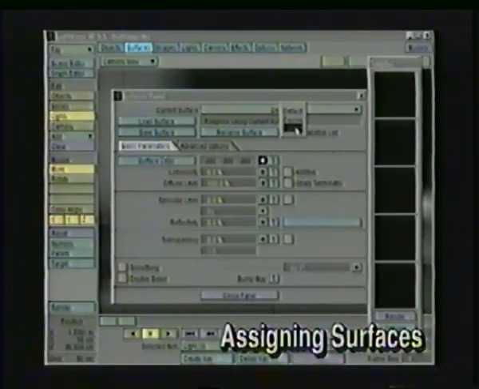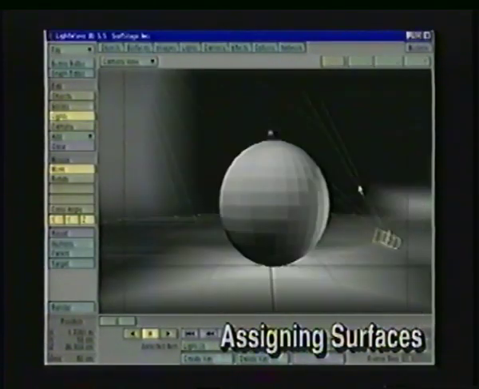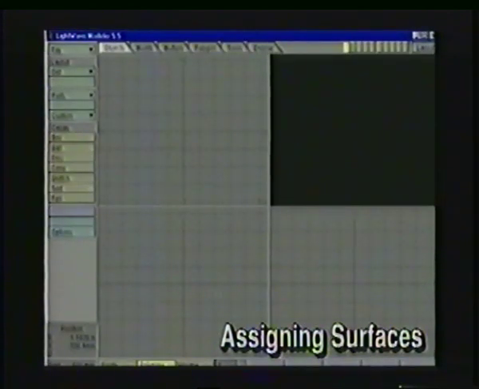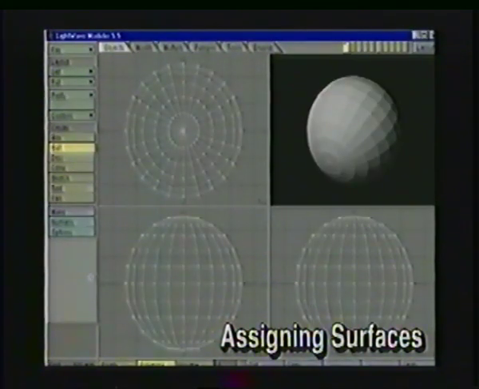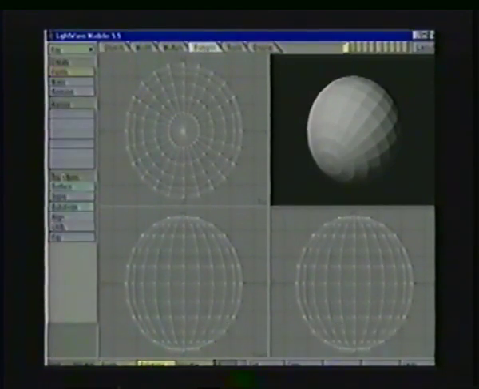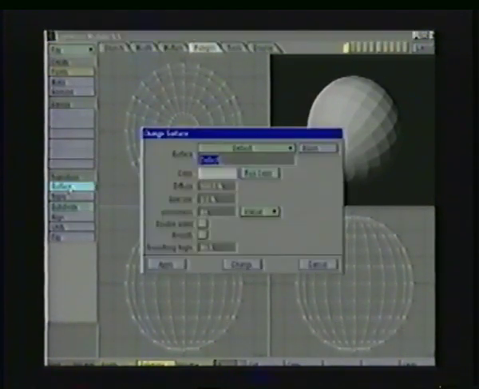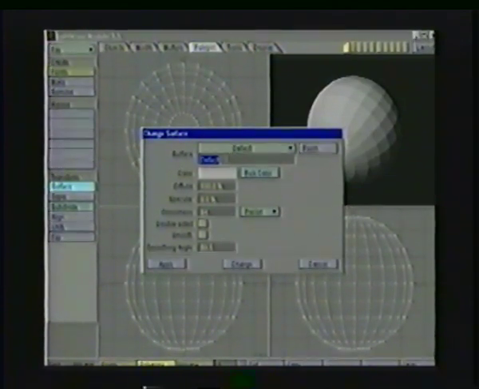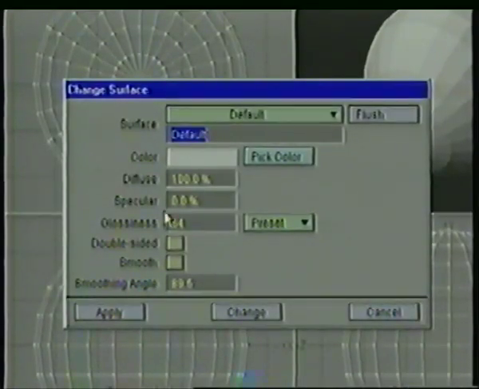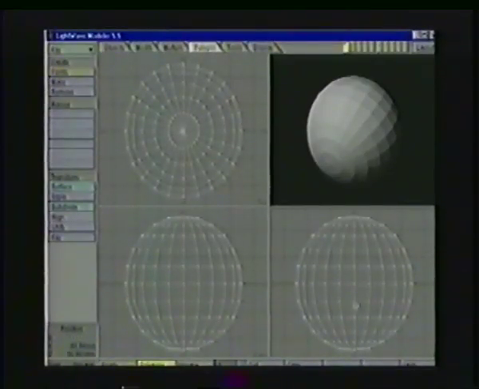Now you may be wondering, how did these surface names come to be? Well, that happens in the modeler. In the modeler, where we create our objects, is also where we want to assign surfaces. So if we start off with just a generic sphere here, you'll notice if I go into my Polygons, Transform, Surface menu, we can actually get the surface naming and some sort of generic surfacing attributes. So this is where we came in and typed in sphere, and then we just told it to apply. That means that all the polygons that are currently active, in this case all of them, have just been assigned